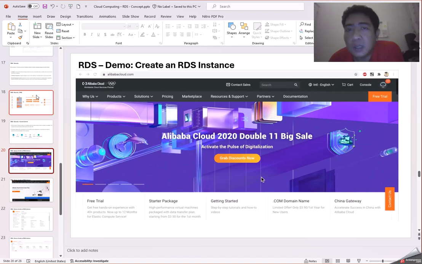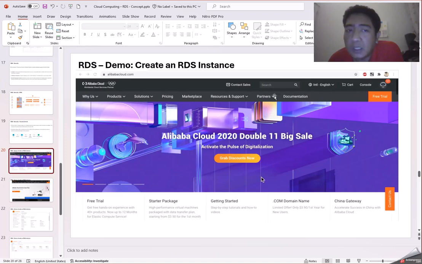Okay, now let's demo creating an RDS instance. First, you go to alibabacloud.com and then log in to your account. Then on the right here, there's a console.